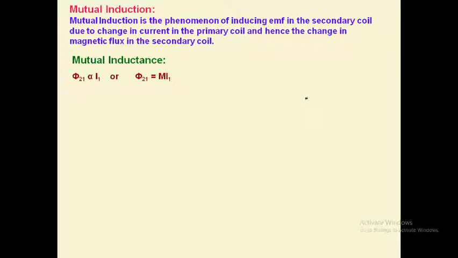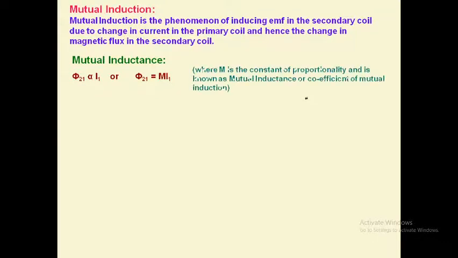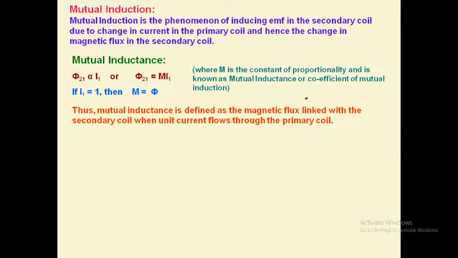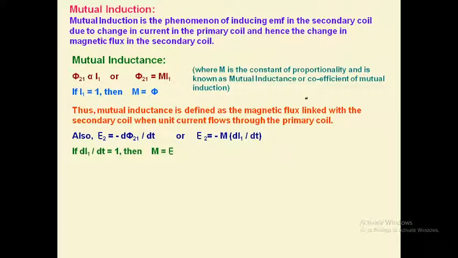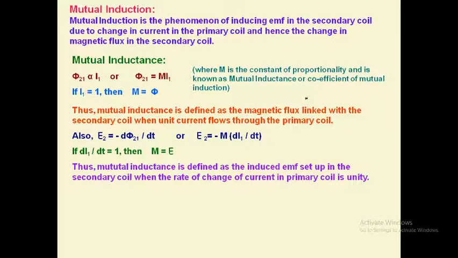So how do we define mutual inductance there? Phi 2 1 is the flux of the secondary coil due to coil 1. It is directly proportional to the current flowing in the first coil, i 1. For removing the proportionality sign, we have a constant M, which is nothing but mutual inductance. The same kind of argument we can apply here by taking current 1. We can define M as equal to phi over i, or you can rewrite it in terms of induced EMF using Faraday's law, and then claiming if di upon dt is 1, then M is equal to E. So M can be defined in various ways.